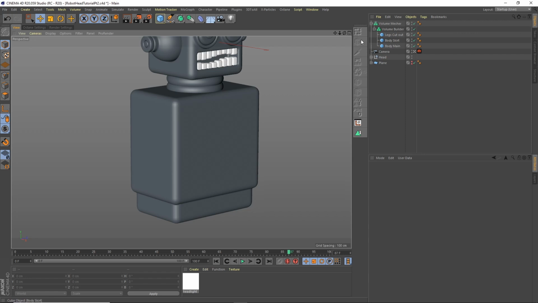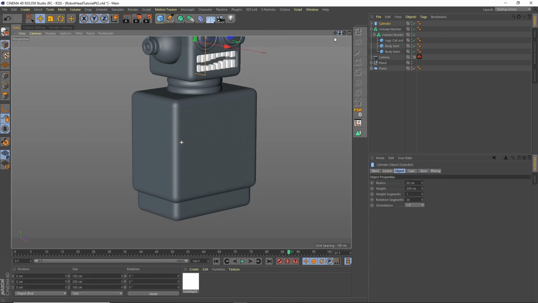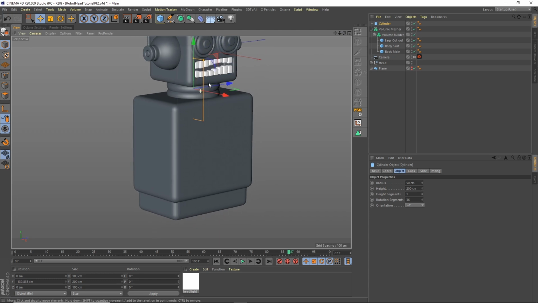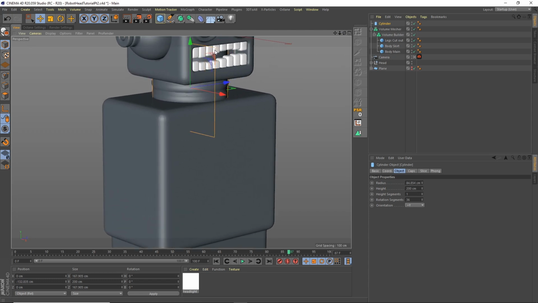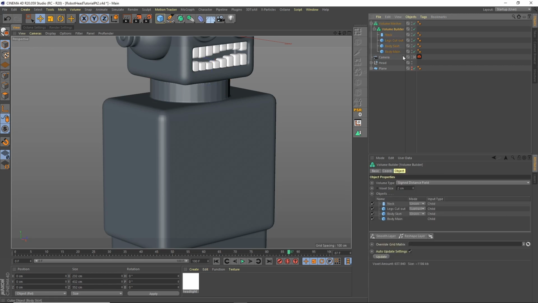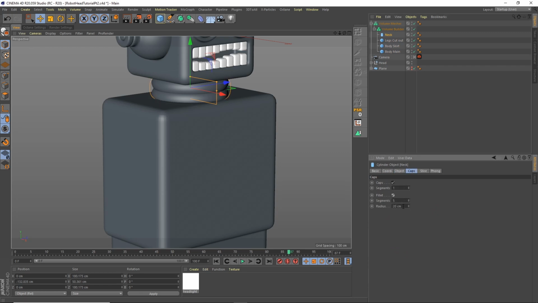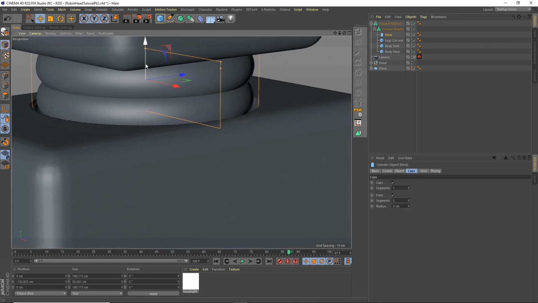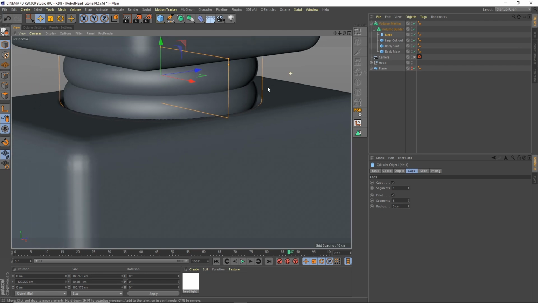Right, okay, so now let's bring in a cylinder. And what I want to do for this is have a little divot that the neck will sit in, so the neck isn't just floating above the robot. I'll bring that in, and I'll call this neck, and then we'll subtract that out. So you see it's just a little bump so that it is sitting in. And what I might actually do is put a cap on that, maybe of 5, just so we've got a little bit of rounding. Just makes it look a little bit more interesting. Okay,